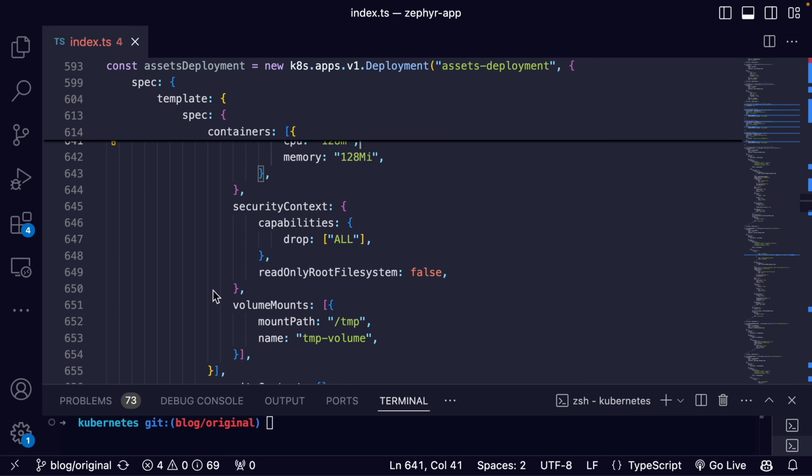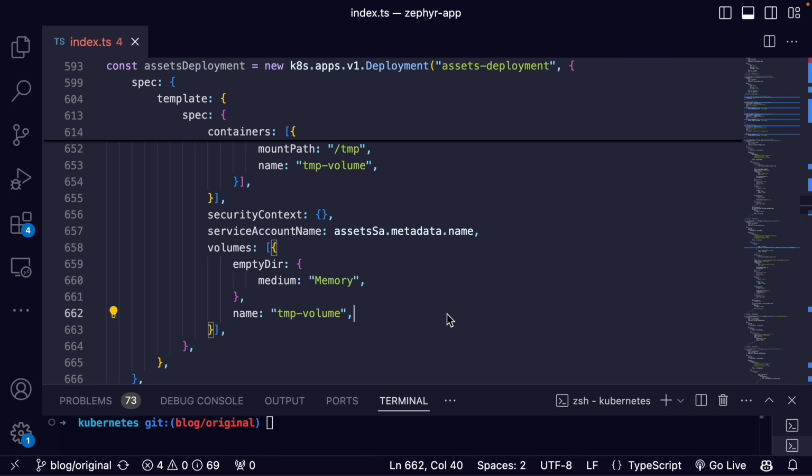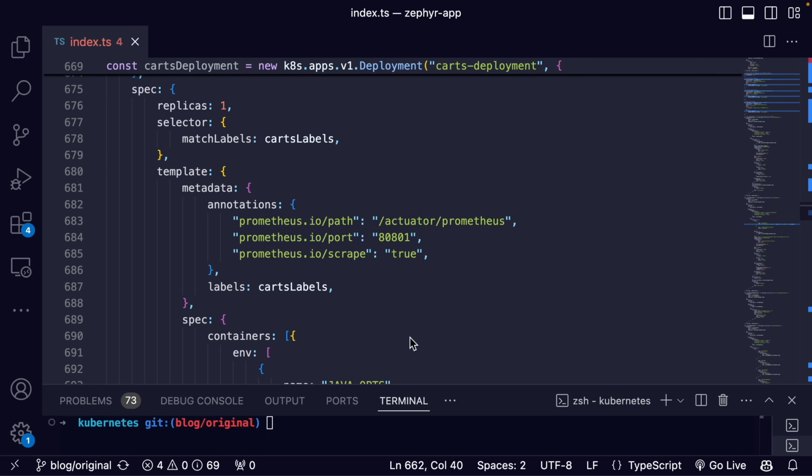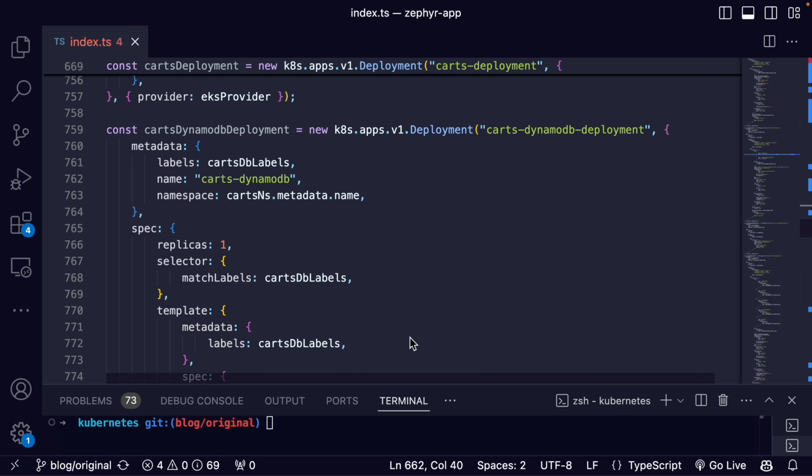Then we have the security context. It enforces security policies, runs containers with minimal privileges, and implements security best practices. We have the volume management, which provides temporary storage, manages persistent data, and handles shared storage between containers. And then a lot of the rest of this is just the different deployments that we're going to use for